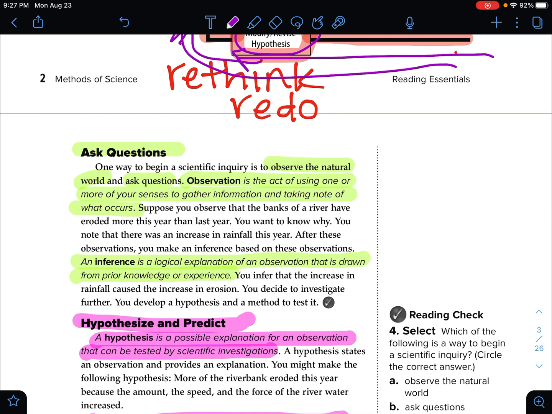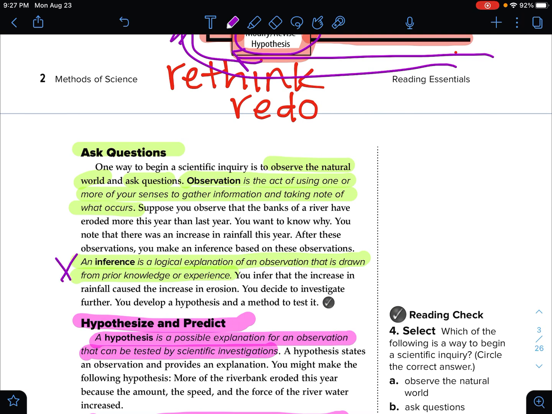Suppose you observe that the rivers of a bank have eroded more this year than last year. You want to know why. You note that there was an increase in rainfall this year. After these observations, you make an inference based on these observations. An inference is a logical explanation of an observation that is drawn from prior knowledge